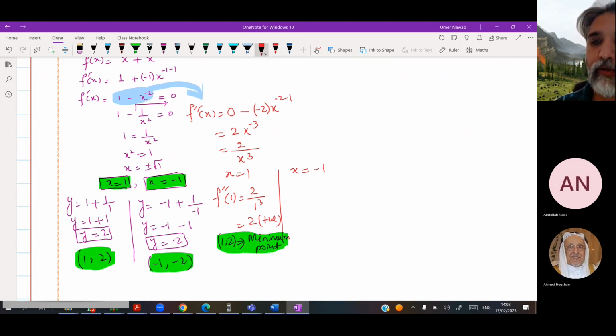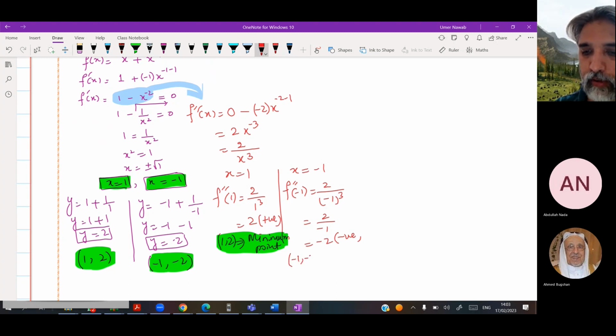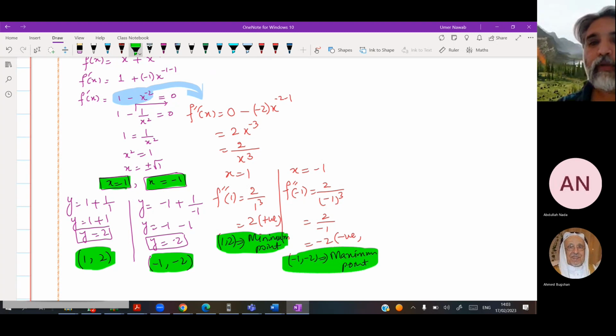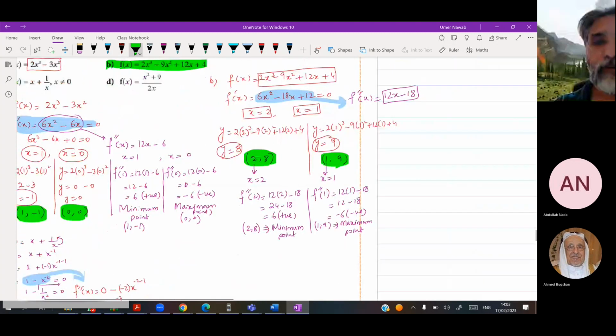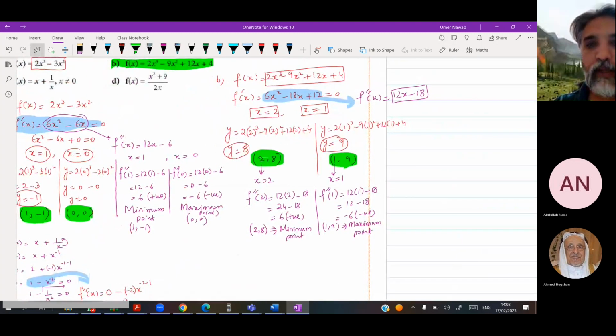Now I substitute x equals -1 into the f double dash. F double dash of -1 is 2 over -1 to the power of 3. So 2 over -1 is -2, which is a negative value. So it tells you that -1 and -2 is a maximum point. So I found the maximum point. Last question here on stationary points is f of x equals